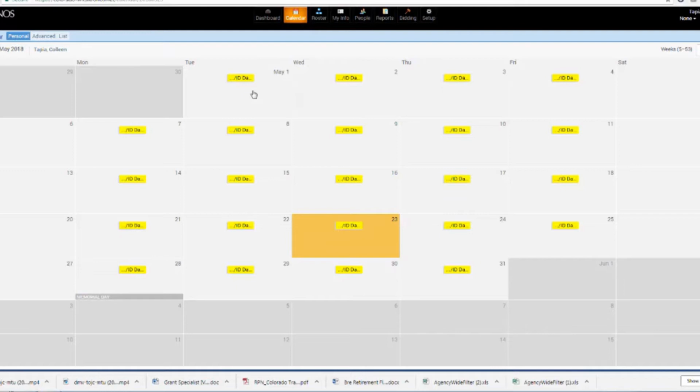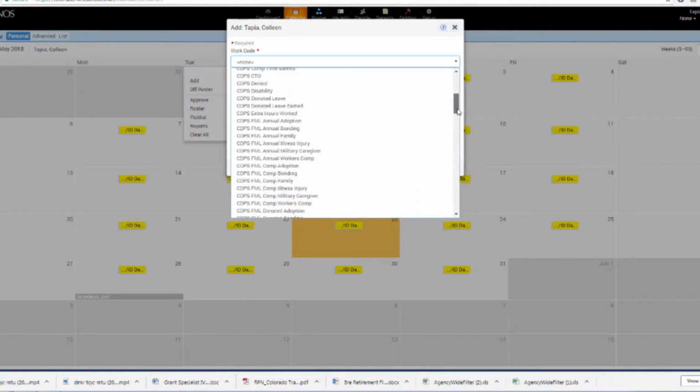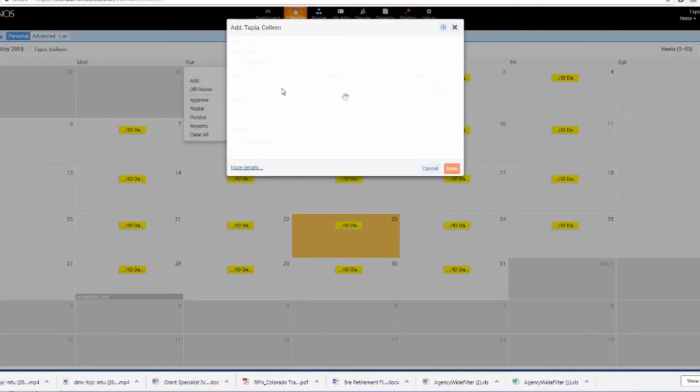Now, when I actually start to work, there will be little white boxes that will show up under the yellow boxes, and it'll show when I actually worked. Okay. So let's say, for example, on this day, I actually worked. You guys won't have all of these codes available. I just have them because I'm the administrator. But let's say on this day, I actually ended up working